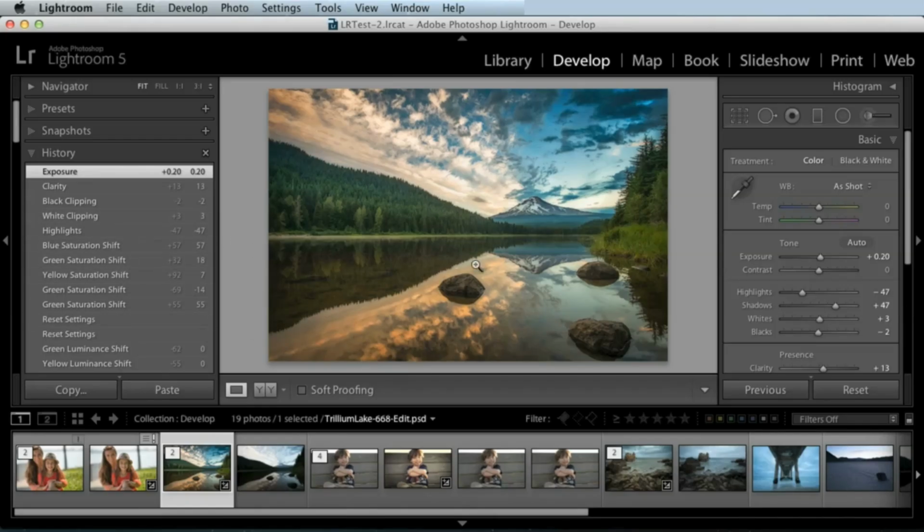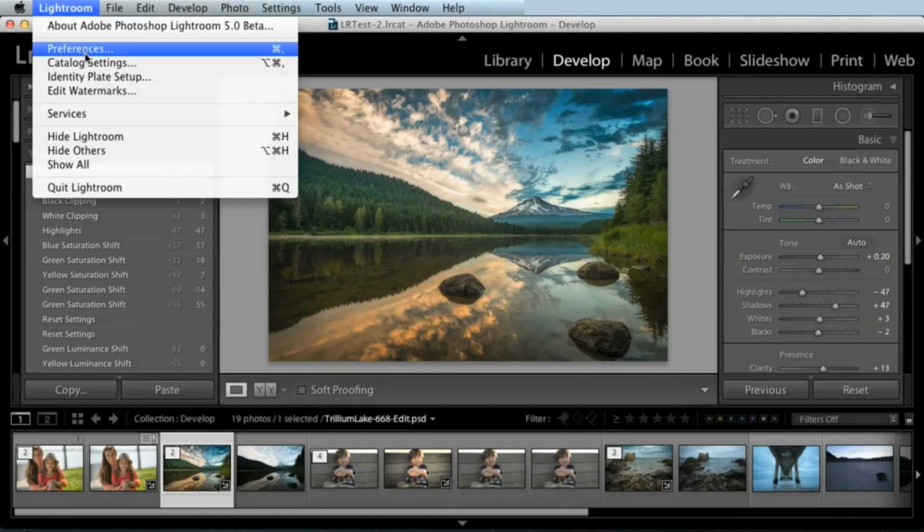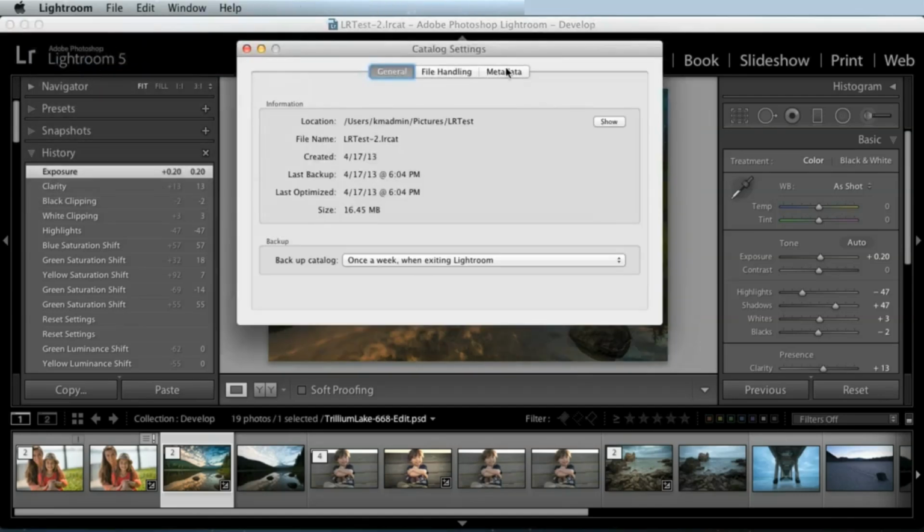It's not actually writing it to the file. Even if you're shooting in RAW, even if you change this to DNG, it's not actually writing all this information to the actual images. It's only going to write it to the Lightroom catalog. By the way, if you do use DNG, if you go to your Lightroom catalog settings,